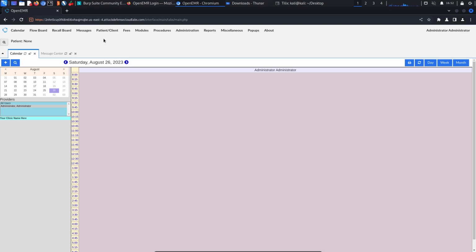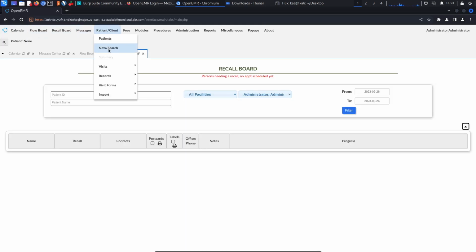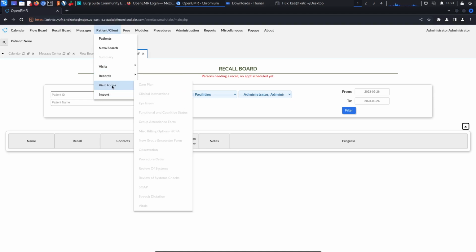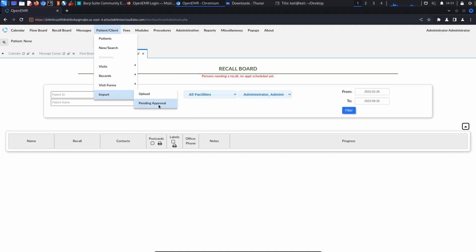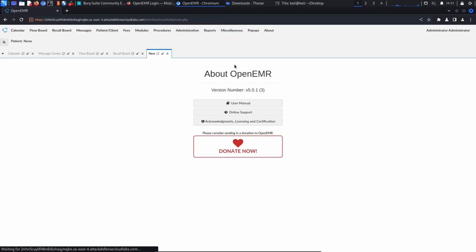a medical management system that has a flow board, a recall board, a patient client management where you can schedule visits, you have patient records, you have visit plans. Very, very cool. And a lot of clinics and hospitals and wellness centers, at least the ones I've performed pen tests for, have all utilized this at one point in time. So very, very interesting. If we go into about, we can see that yes, it is running version 5.0.1 and